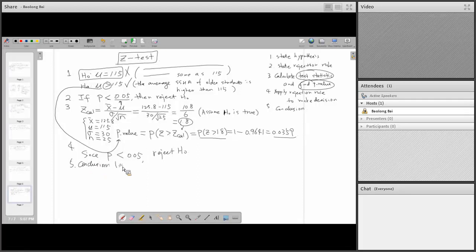So we're going to say, follow the format we had earlier. We have enough evidence, because we reject the null, right? If we didn't reject the null, we're going to say we don't have enough evidence, right? And then after that, you say the alternative hypothesis is true. Basically, you put the alternative hypothesis right here. Just copy down. We have enough evidence that the average